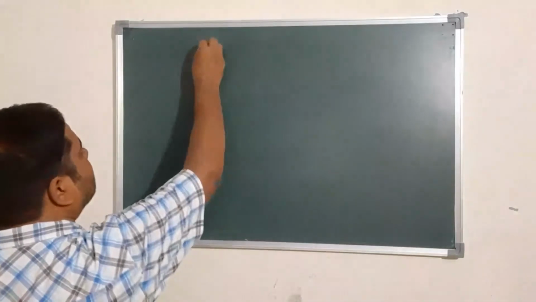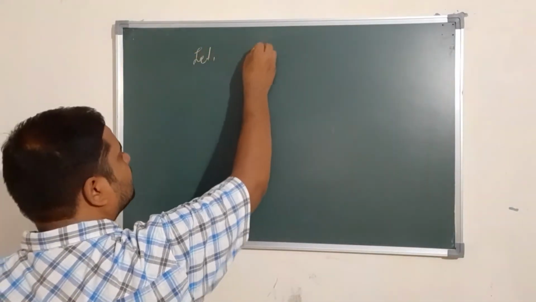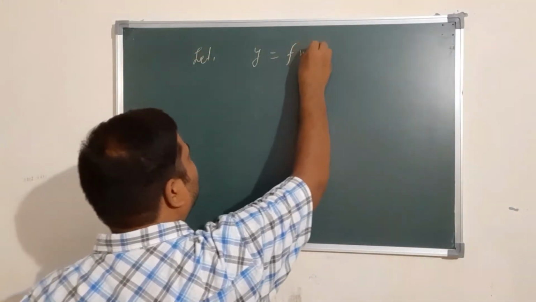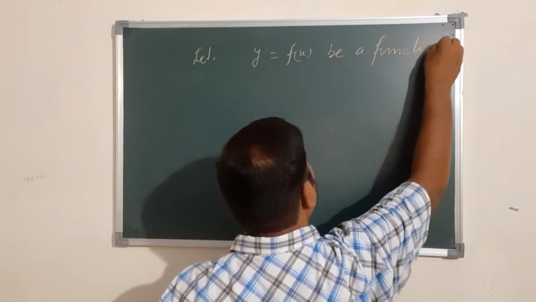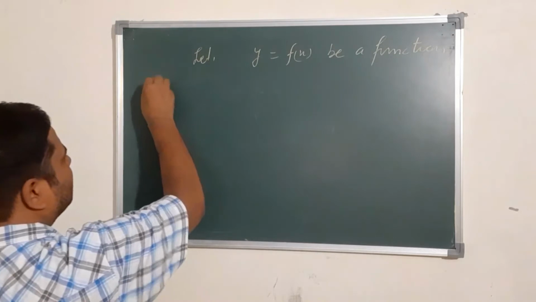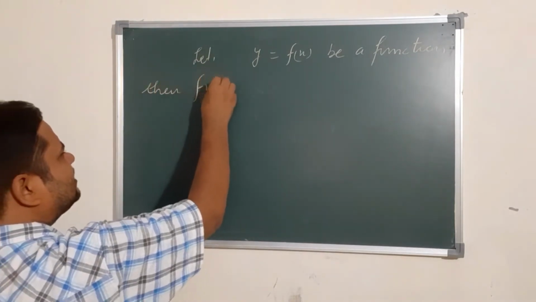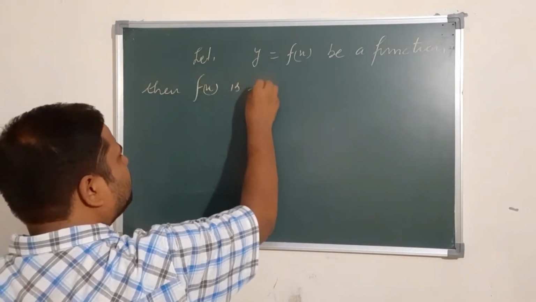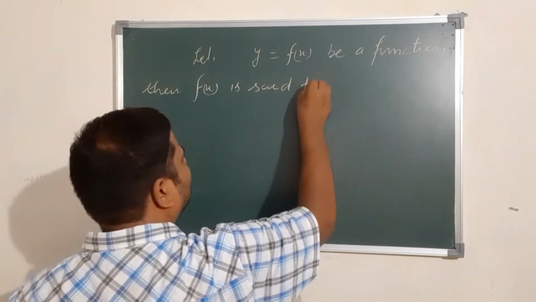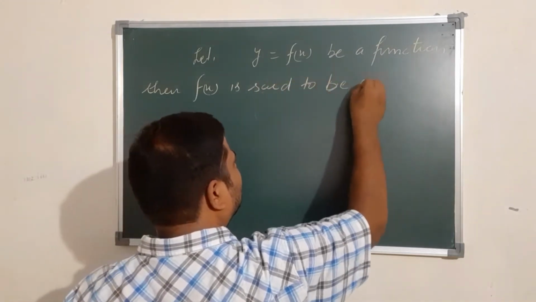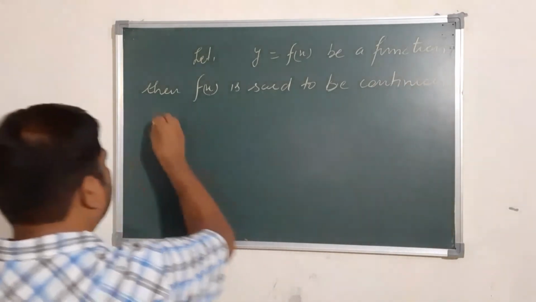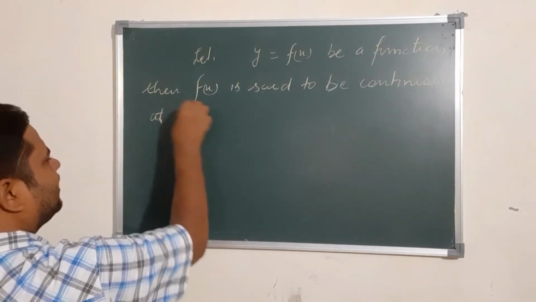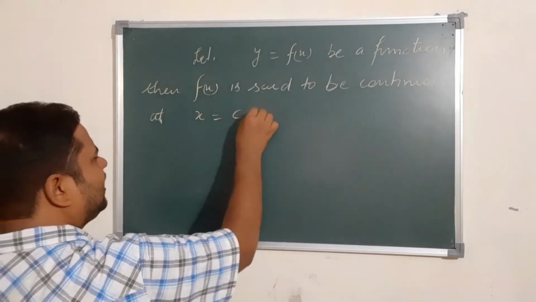Let y = f(x) be a function, then f(x) is said to be continuous at x = c if